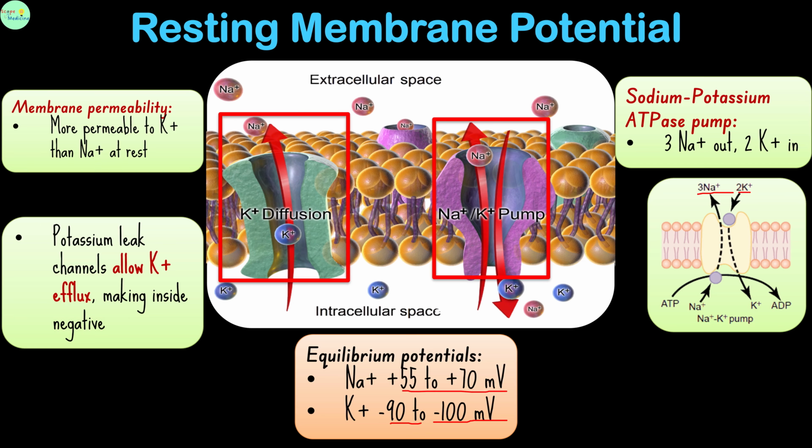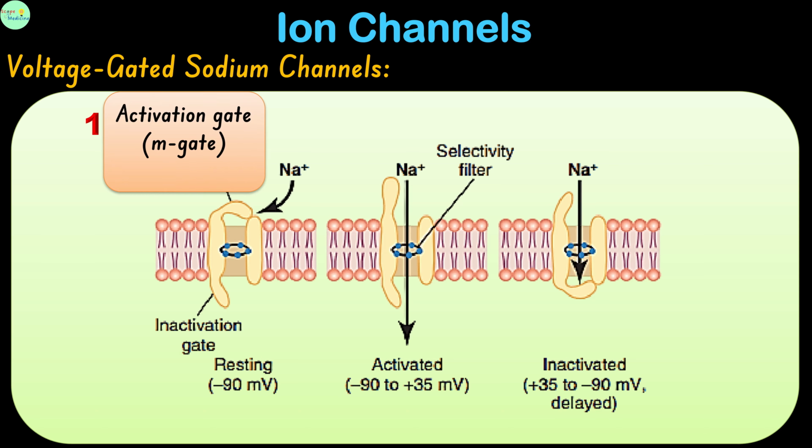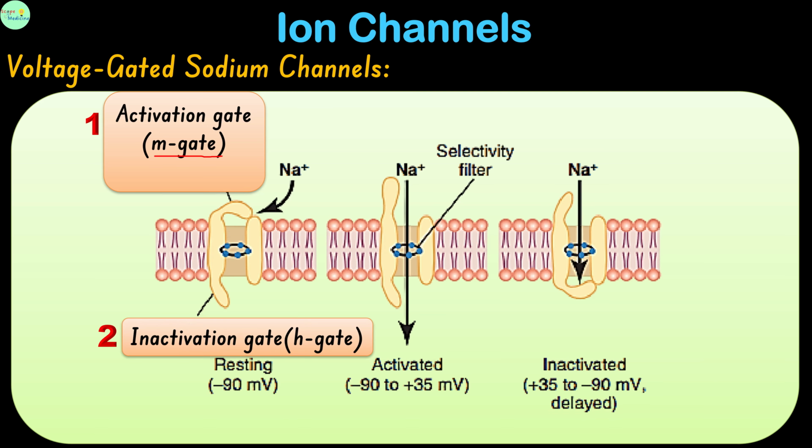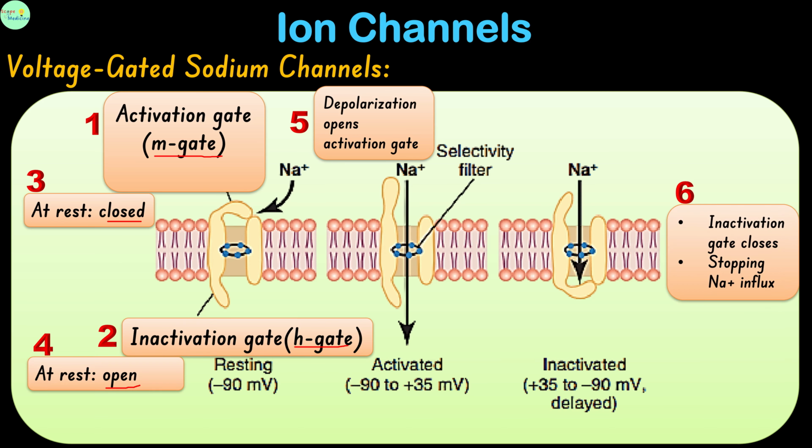Several ion channels are essential for action potential generation. Voltage-gated sodium channels are transmembrane proteins with two key gates, an activation gate, also called the M gate, and an inactivation gate, also called the H gate. At rest, the activation gate is closed and the inactivation gate is open. Depolarization causes the activation gate to open rapidly, allowing sodium influx. The inactivation gate then closes slowly, stopping sodium influx, and the channel cannot reopen until the membrane repolarizes and the